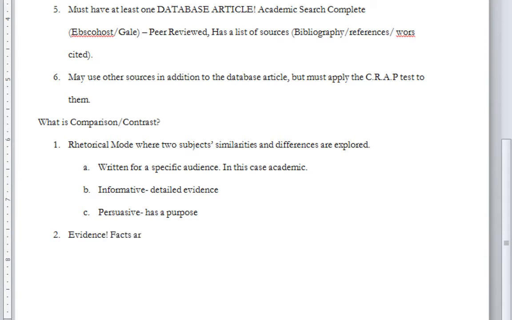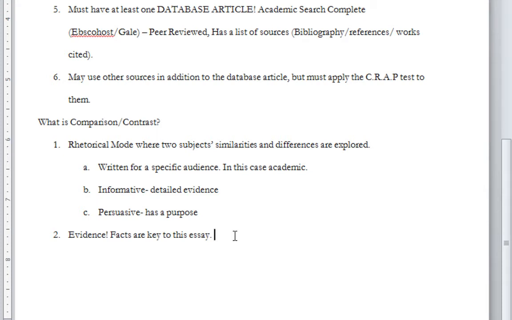Facts are key to this essay. And this is something I've been emphasizing a lot to my face-to-face students. This is why the database article is so important. This is why this is the most academic of papers that you've written so far.